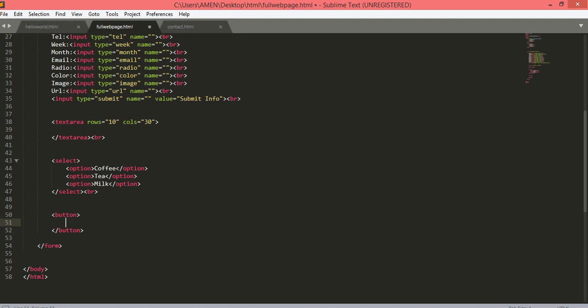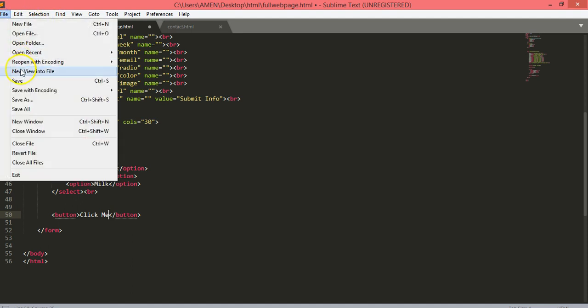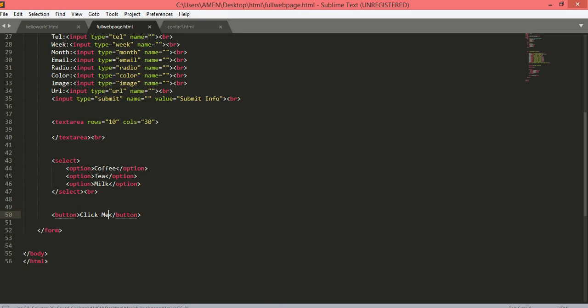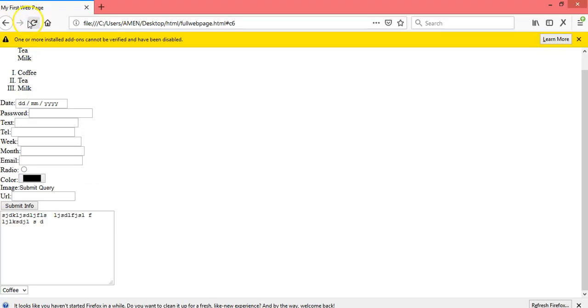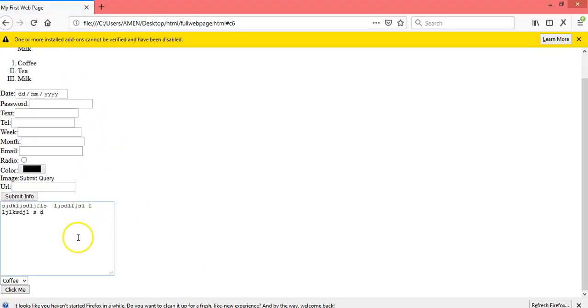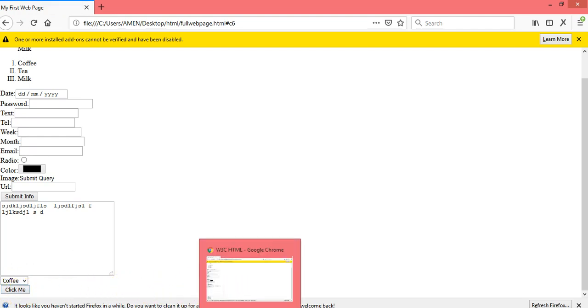If you want to create a click me button, say click me. Then let's save and see what it's going to look like. You see a click me button has been created inside the form, but we need to